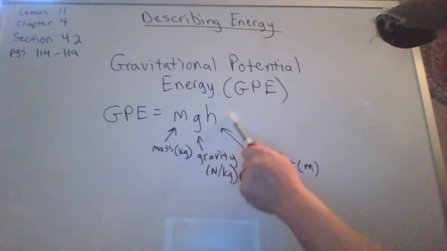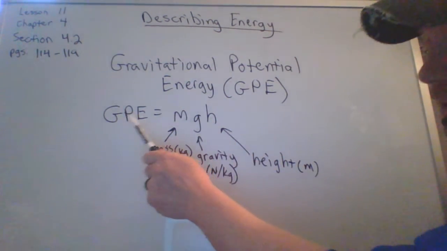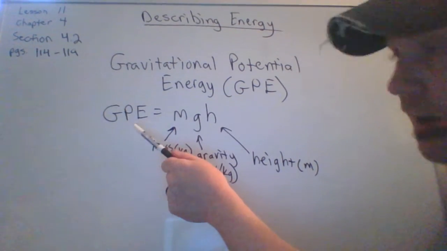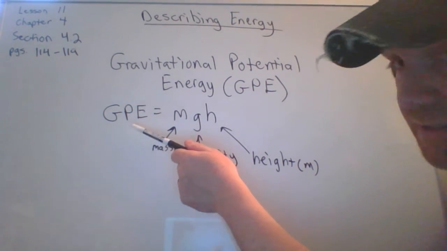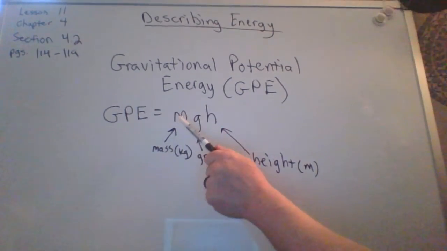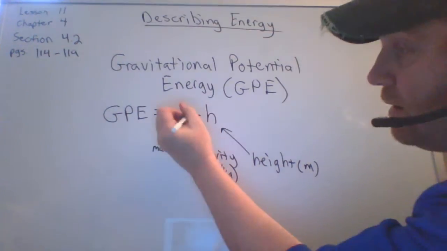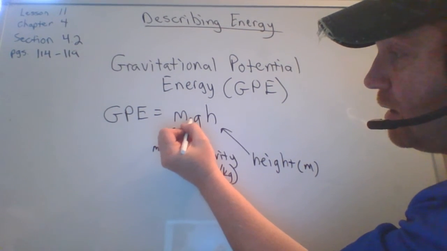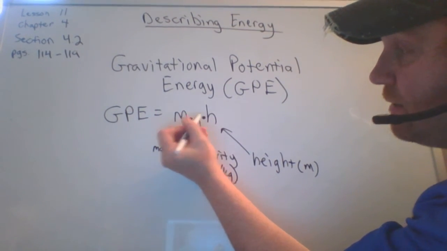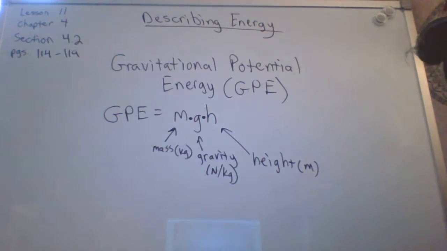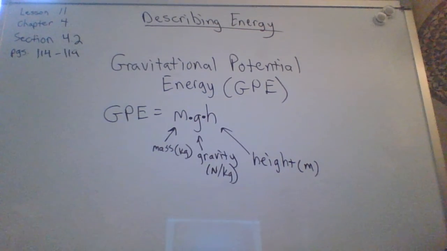All of this is multiplied together. Gravitational potential energy is measured in joules, because it's still energy, and equals mass times gravity times height. If you want, I can put a couple dots or X's if people like that, but all of those are multiplied together. The sample problem is on page